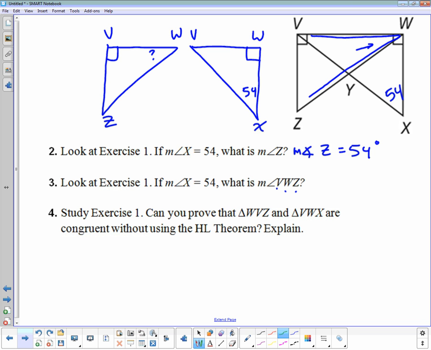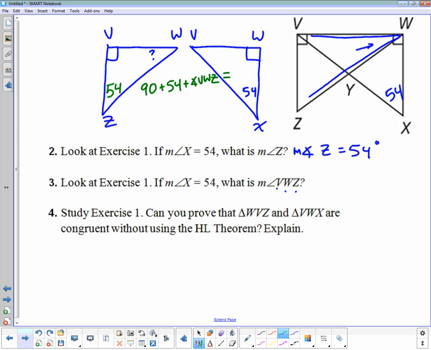We ultimately need to find the question mark. That's the job at the end of the day. How do you know? The square is 90 degrees, so it's 54 plus 90. Right. So we have 90 plus 54 plus angle VWZ